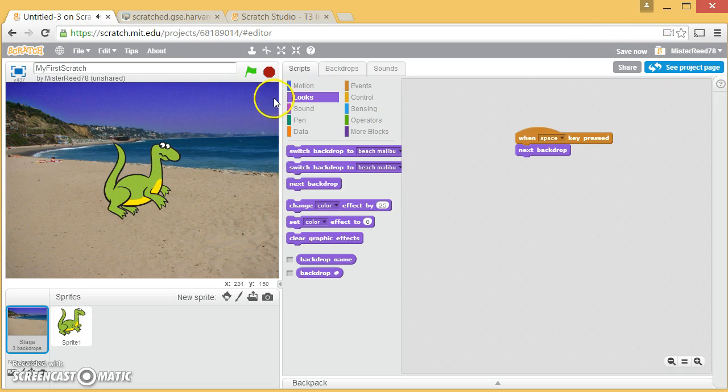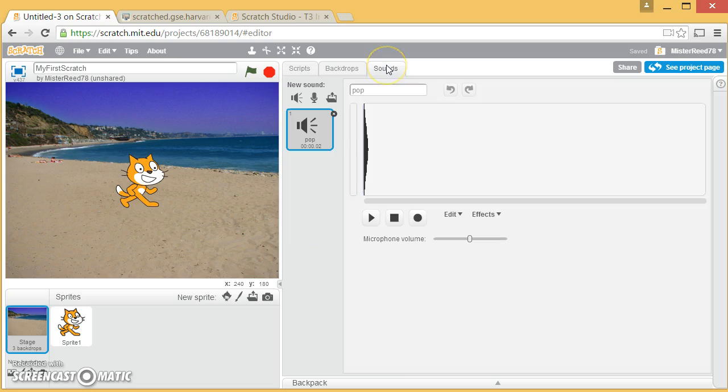Now, here's what I want you to do. I want you to save it. I want you to play around with that, get some backdrops going, try out some different blocks,